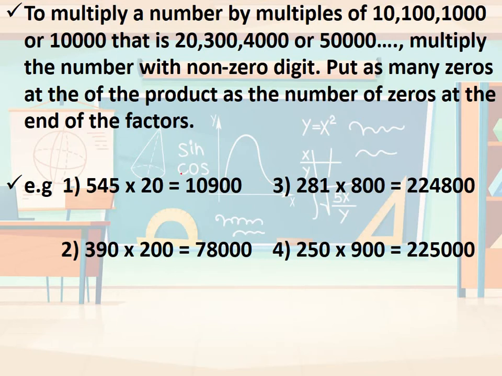Same way we can do the shortcut trick for this number also. For example, 545 multiplied by 20. So what will you do? You will multiply 2 by 545. 5 2s are 10, 0, 1 carry over. 4 2s are 8, plus 1, 9. 5 2s are 10. Okay. Here at the back of 2 there is 1 zero left. You have to write that 0 at the end.